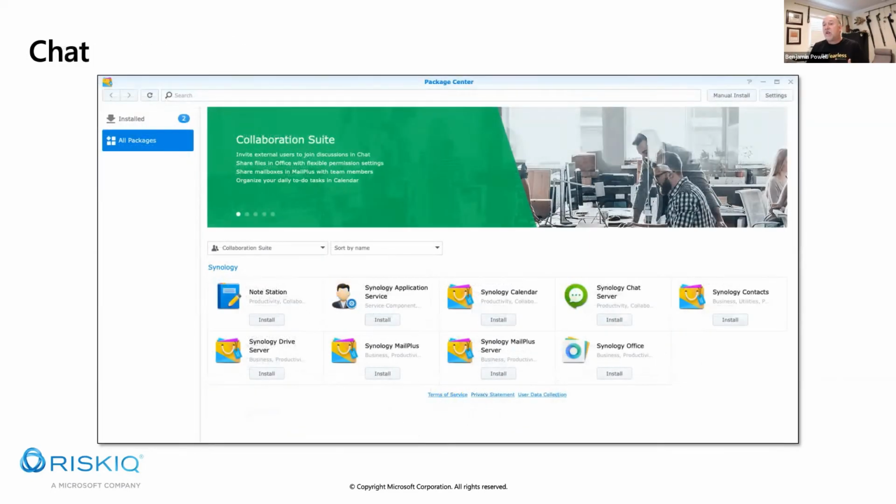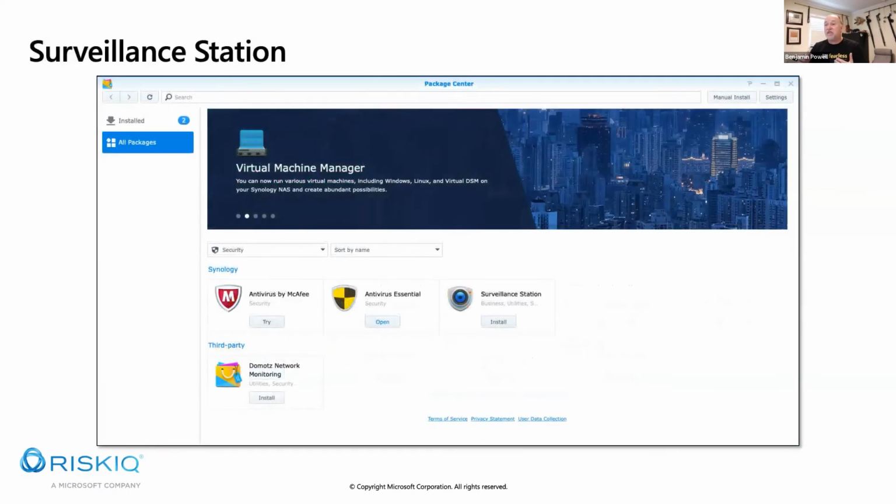I can also look at chat. I can have private chat communication going between these Synologies as well. I can also have surveillance. So if I have IP cameras, I can have them start synchronizing this data and moving around to see IP camera information, to see movement or different things. So it's pretty incredible what you can do with this.